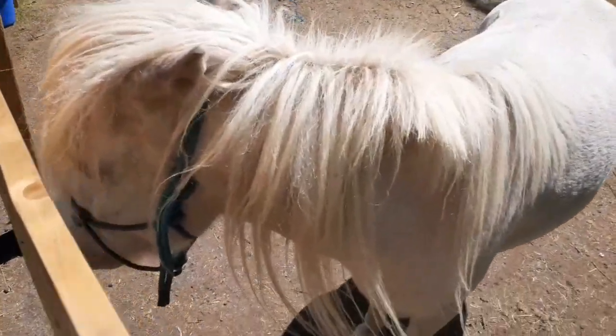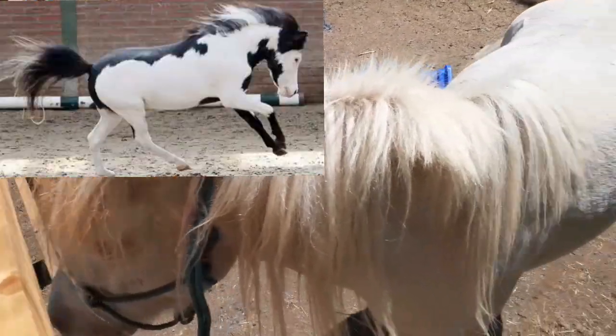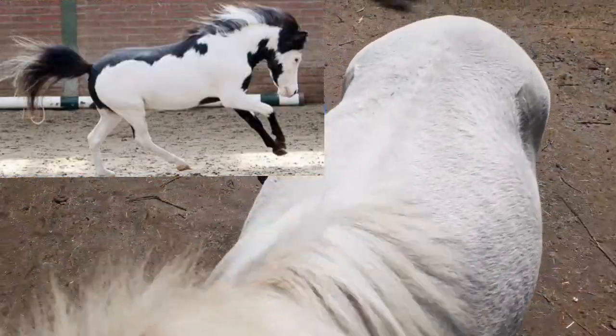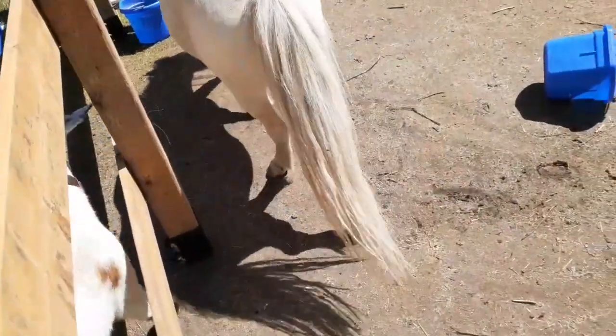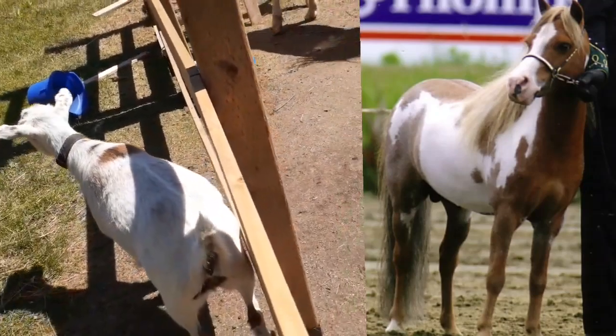Okay? So the next type of Pinto is the overo. That's what he is. Remember, I keep saying he's a Pinto. He's a Palomino Pinto. He's an overo Pinto. He is positive for the overo gene. We talked about that when we talked about color testing. So these guys have white markings just like the tobiano Pintos, but